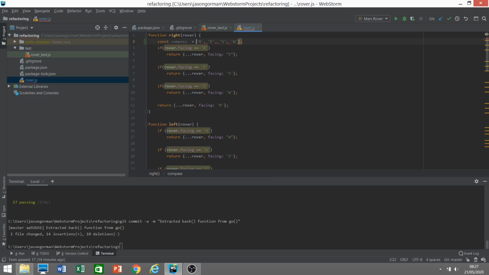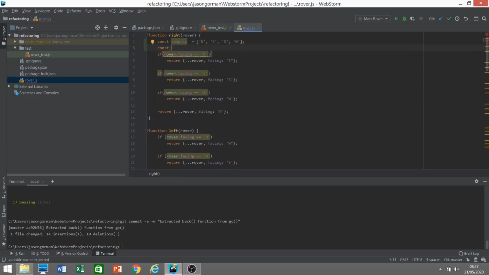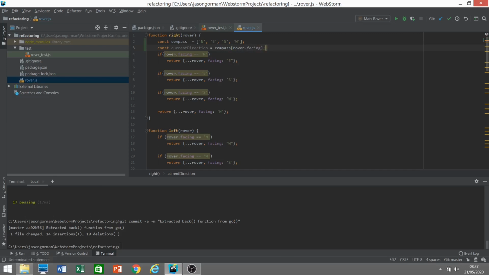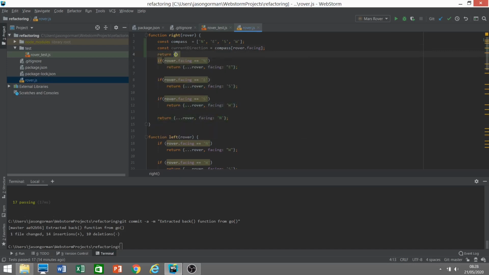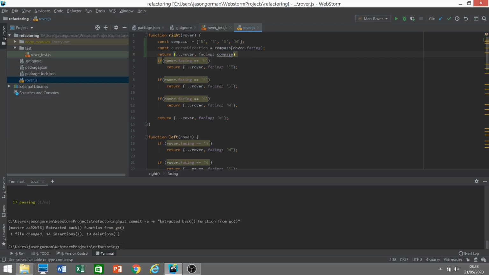And there we go. Now what am I going to do with this compass? Well, I want to know, in terms of the direction I'm facing in, what's its index in the compass? And then I can return, instead of using those if statements, I can return a rover that basically goes to the next direction in the compass. Now,